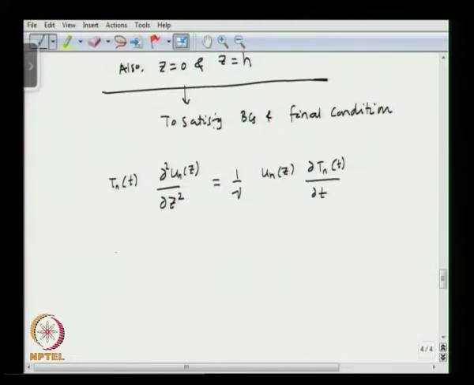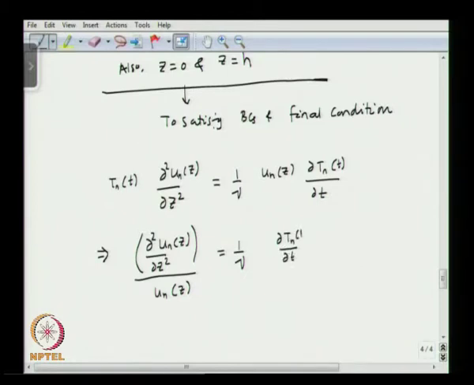We can also write this, separating the variables, as del square u n(z) over del z square divided by u n(z) equal to 1 over nu into del T n(t) over del t